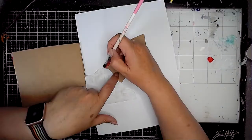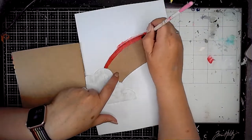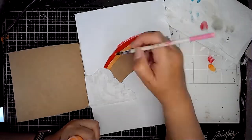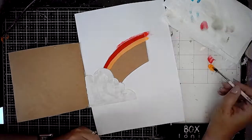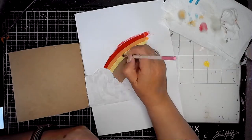So lots of white paint on there. I wanted it to be quite opaque. And then all I'm going to do is start adding in the different colours. So I'm starting off with ruby and then tangerine, keeping them quite bright, not worrying about them blending, and then